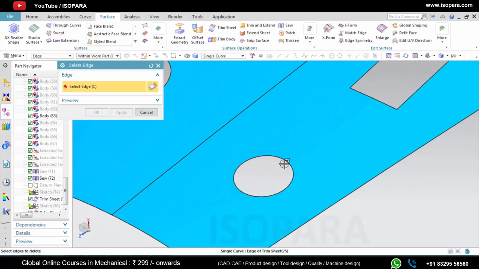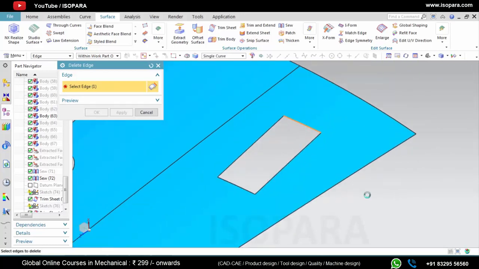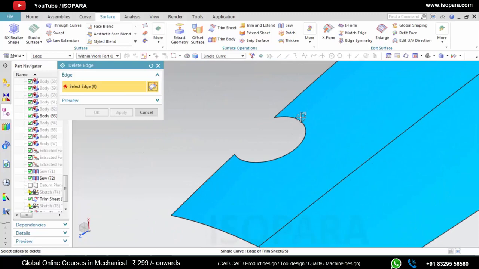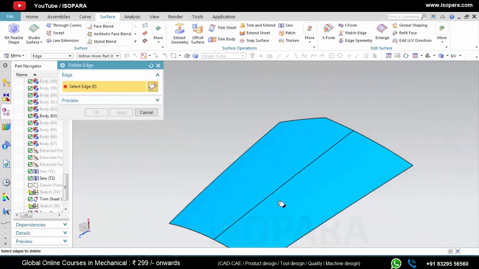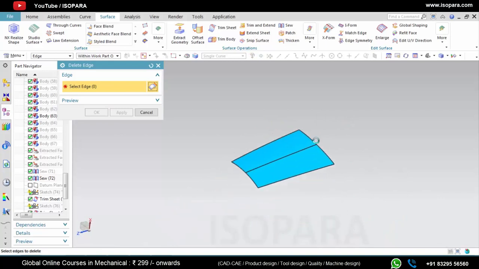So in delete edges, I will simply select the edges like this, and it will fill the surface. So here we have to select all the edges like this. So in this way you can use this command.